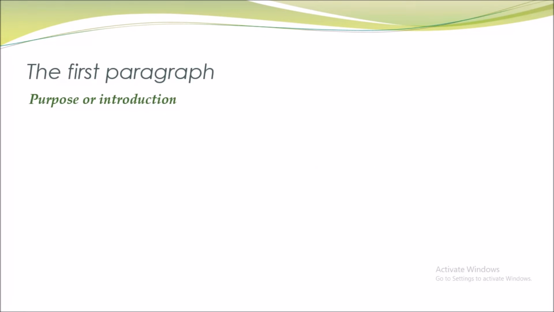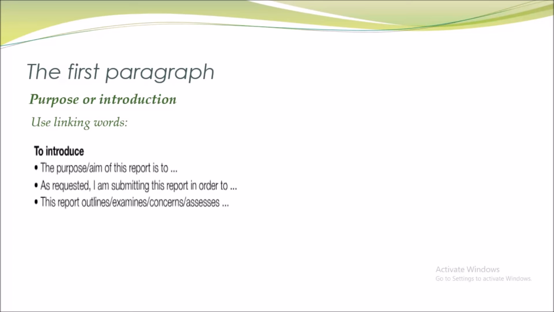Reports usually contain 5 paragraphs. The first paragraph is differently titled Purpose or Introduction paragraph. Here you state the purpose for your writing the report, and in this report you use linking words such as the purpose or the aim of this report is to. As requested, I'm submitting this report in order to. This report outlines, examines, concerns, assesses,